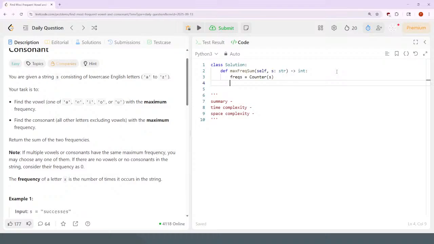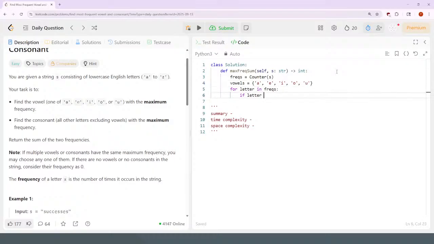For every letter in frequencies, if the letter, let's say I create a vowel set, A, E, I, O, U, the letter is in the vowel set,